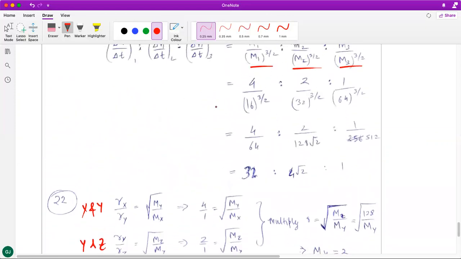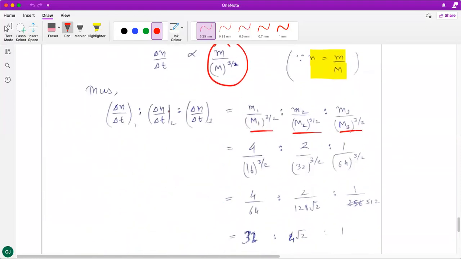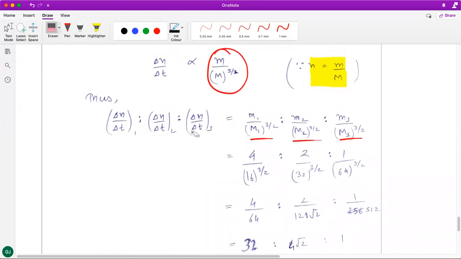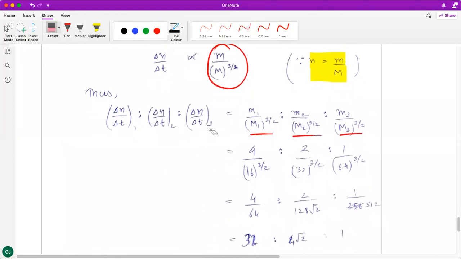You could have done the same thing in the 21st question if you did not get the comfort with the method of solving things in one line itself, right? Two at a time: you first take gas 1 and gas 2 and take their ratio, then gas 2 and gas 3 and take their ratio, and then arrive at a simplified result. That is also something that can be done if you are not comfortable with dealing with 3 gases at a time.